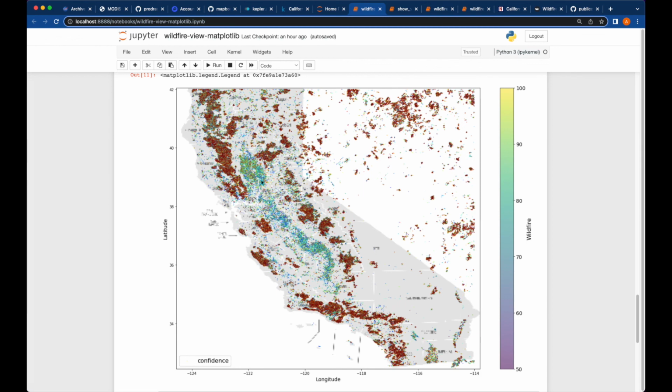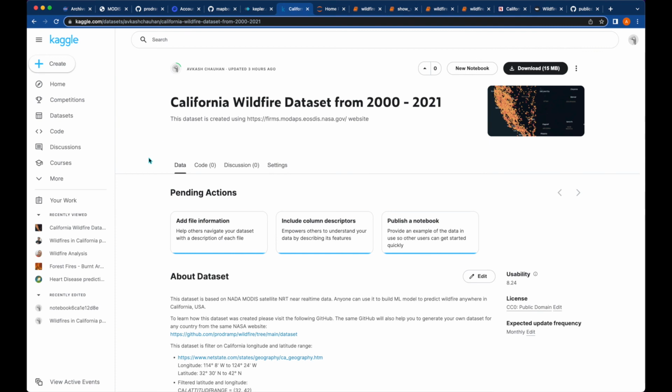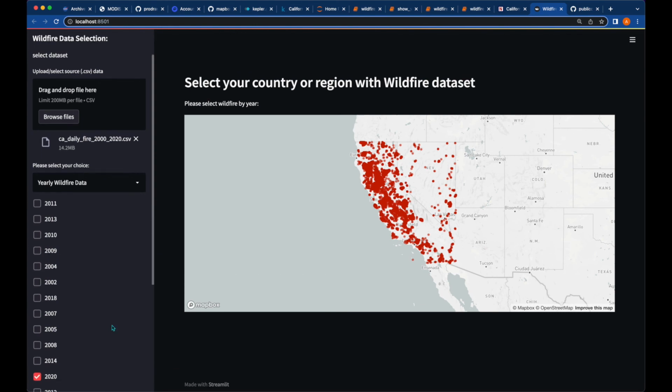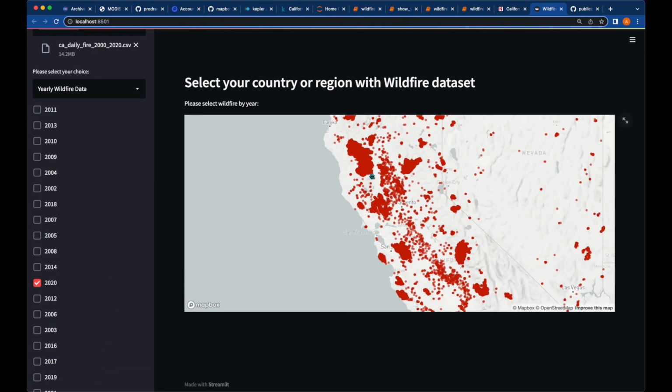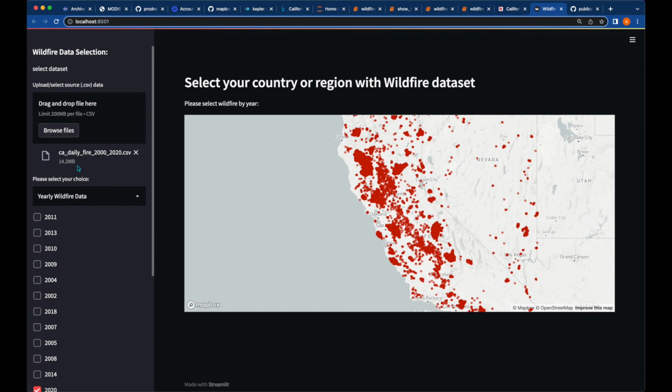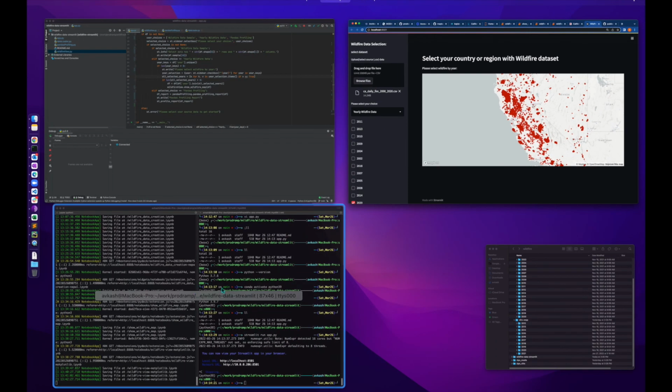Once we completed all that, we also studied the data set which I have uploaded at Kaggle using the same method. And finally, we created a Streamlit application to read the data set which we just created in this exercise, and based on the year value, we also show the map of wildfire for a specific country, depending on which year you would want to create it. And all that code which we have generated in this exercise is available